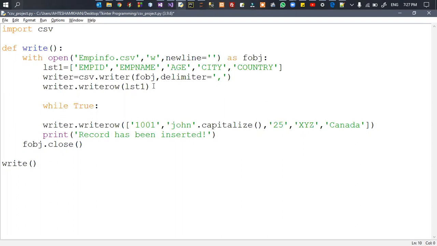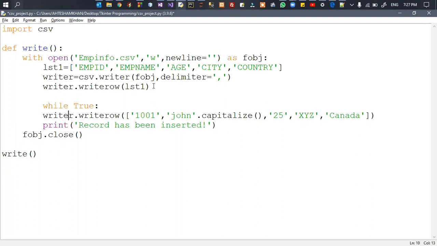And here just call the same method inside that loop. And after this, what you have to do is